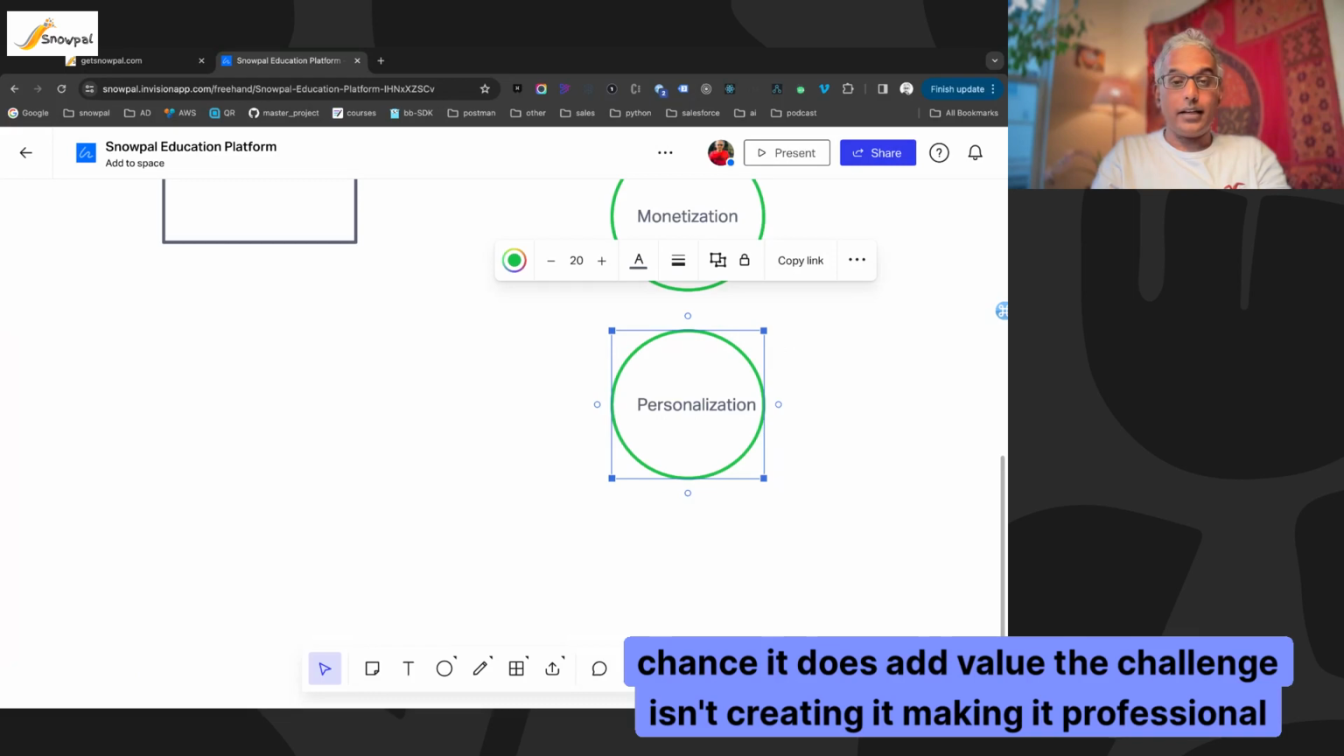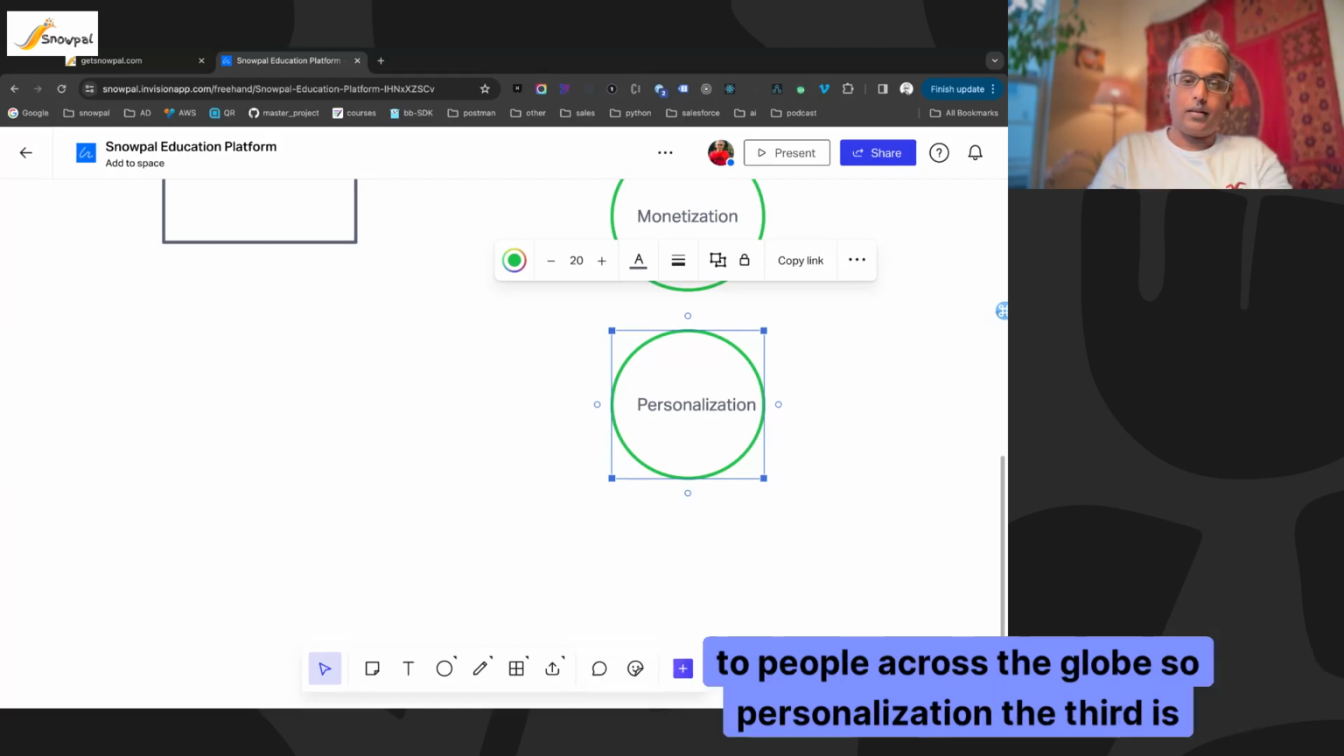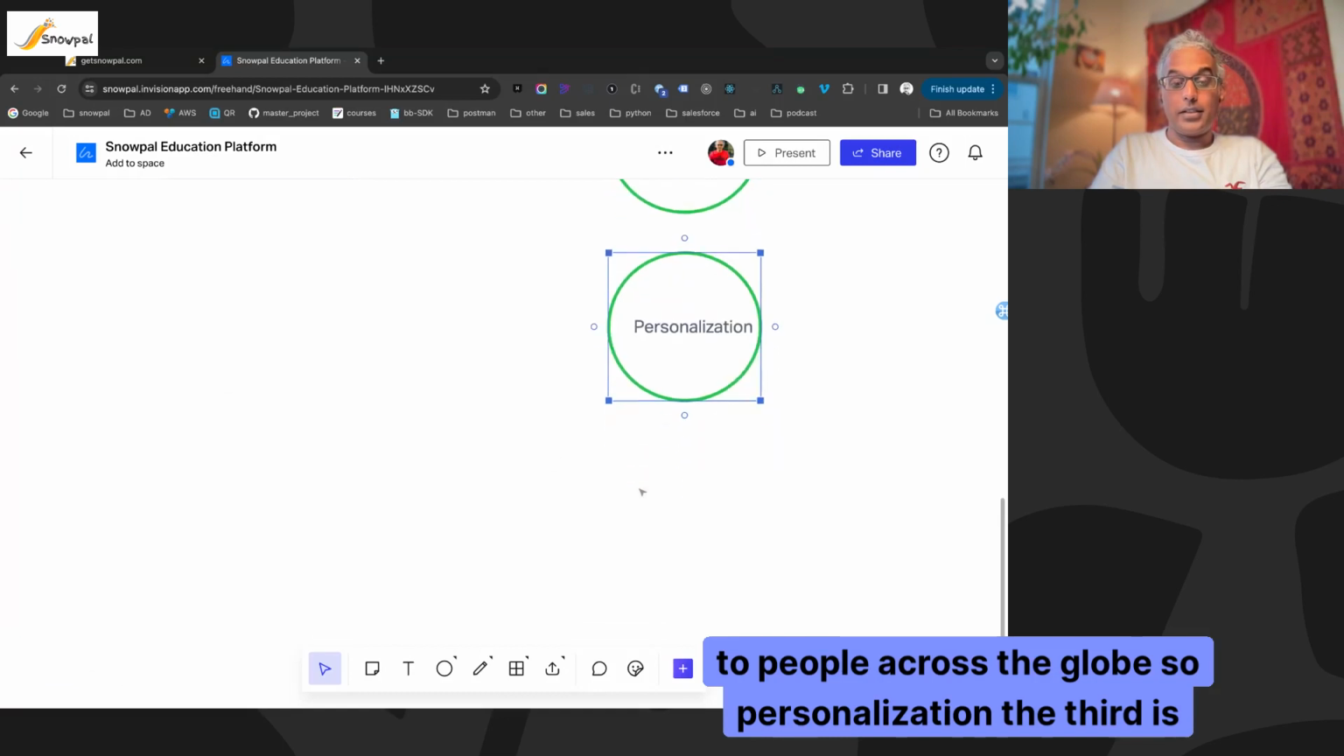The challenge is in creating it, making it professional, formal or informal but professional, and making it available to people across the globe. So personalization. The third is